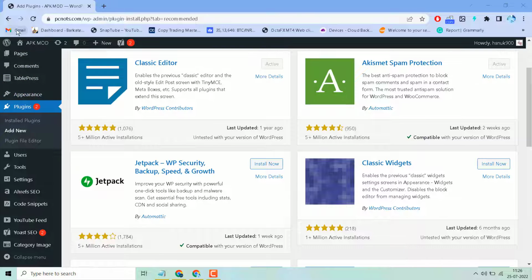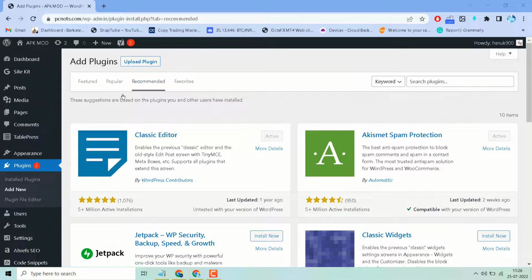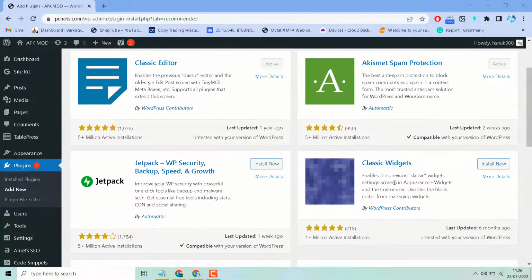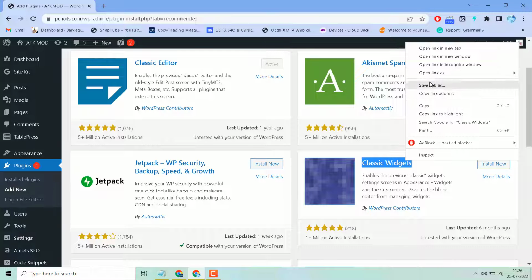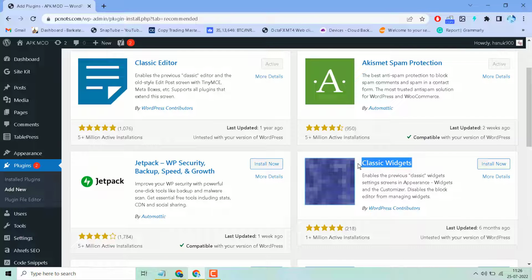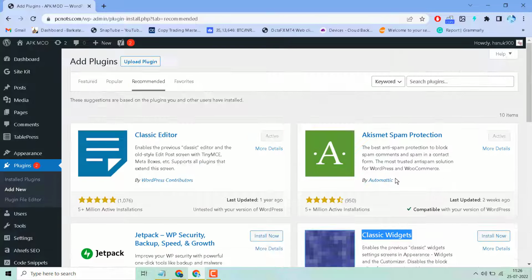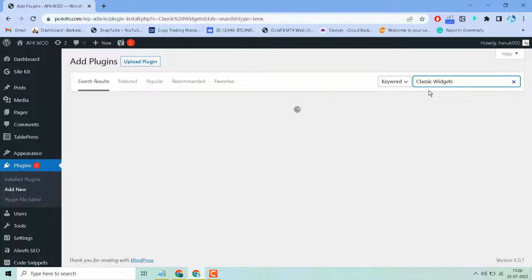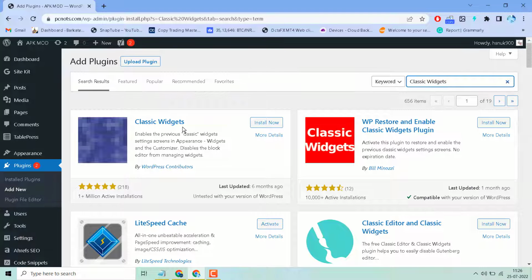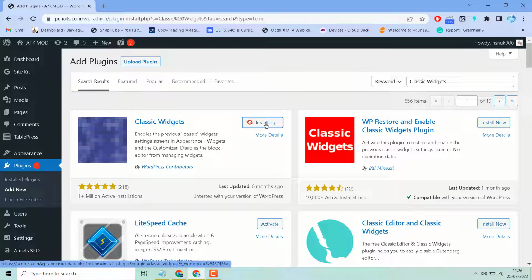So just guys, you have to log in to your WordPress dashboard, then move the cursor to plugins, then click on new. Once you see it, search for this plugin, classic widget. You have to search this plugin in the WordPress dashboard. You will see it here, click on install now,